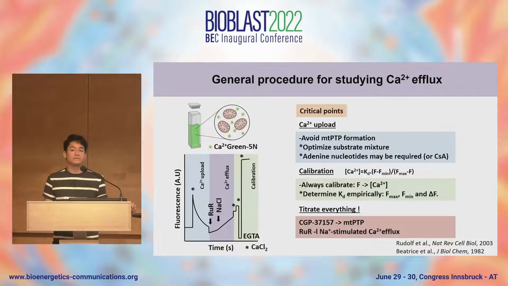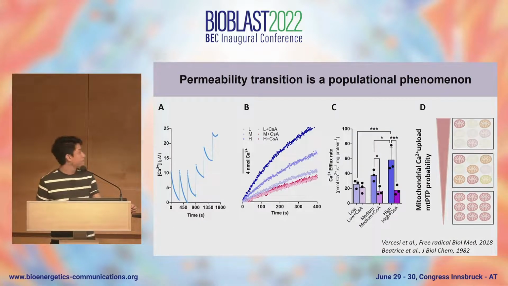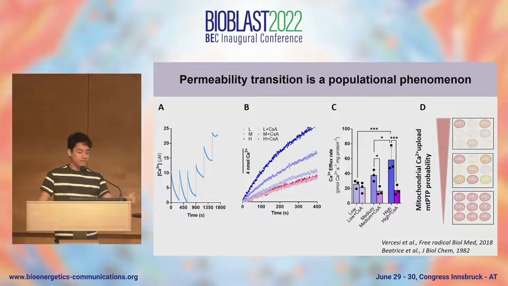Here we describe some critical points that are essential for reliable measurements of calcium efflux. The first one is related to calcium upload, and it's very important to avoid mitochondrial permeability transition induction. As it was previously commented, this is related with the calcium retention capacity, the maximum amount of calcium that can be taken up by the mitochondria before the generalized mitochondrial permeability transition induction that we can see here,